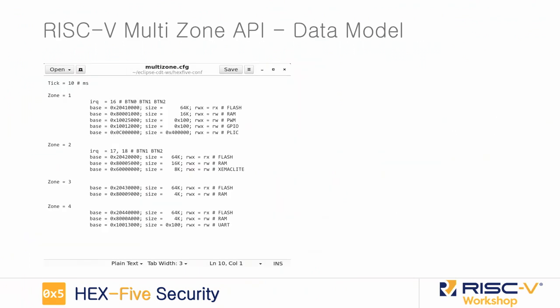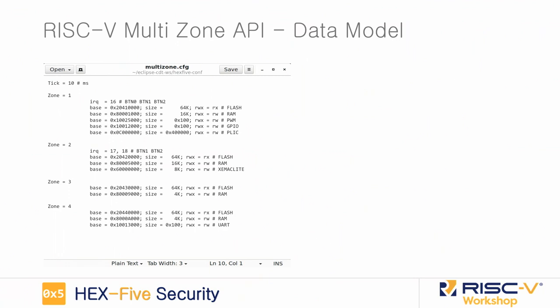Okay, so here is what it looks like, the API. The API is composed of 2 components. One is the data model, and the other one is the library itself. So the data model, to do whatever I said, you, as the developers, are exposed only to this level of complexity. So if you can write this file, you can do the system. Let me repeat this. If you can write this file, you can get the system I just showed you to work. And it's on GitHub. Try it yourself if you don't believe me, right?